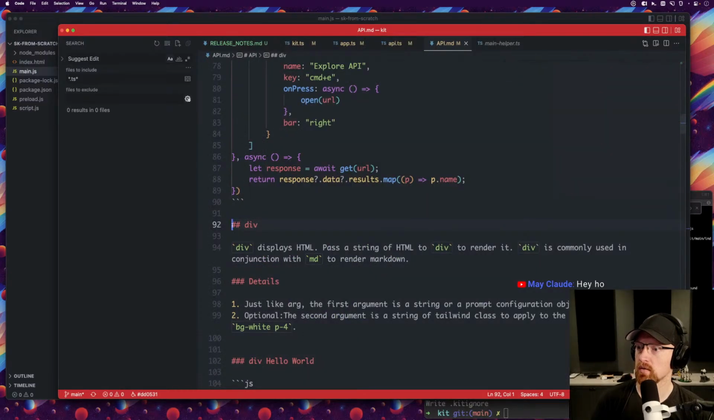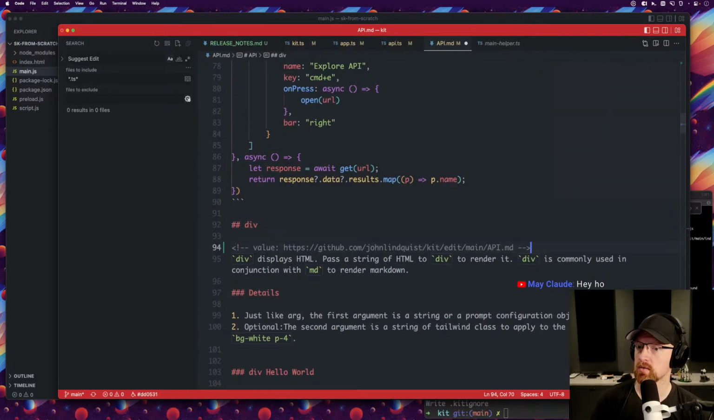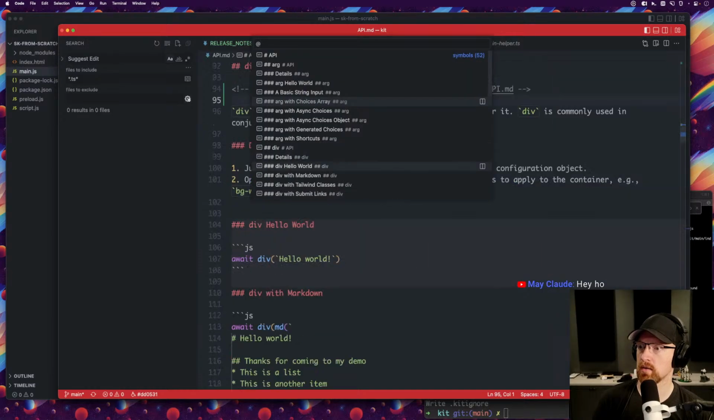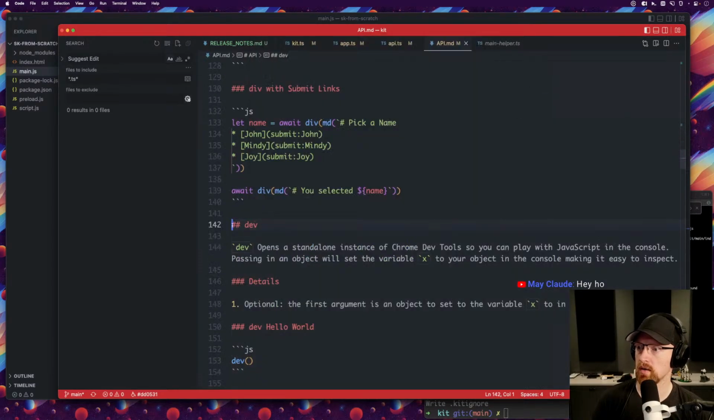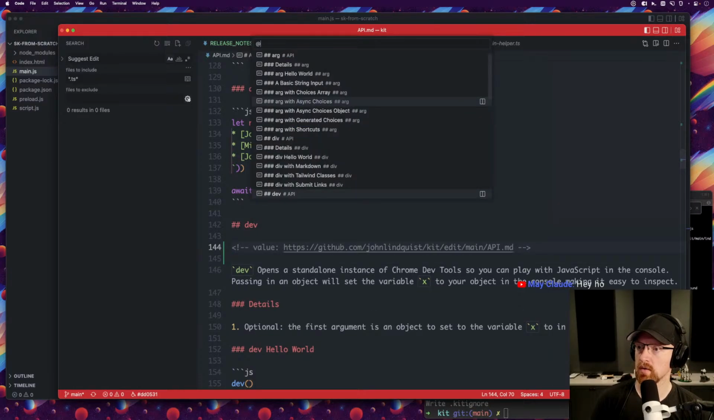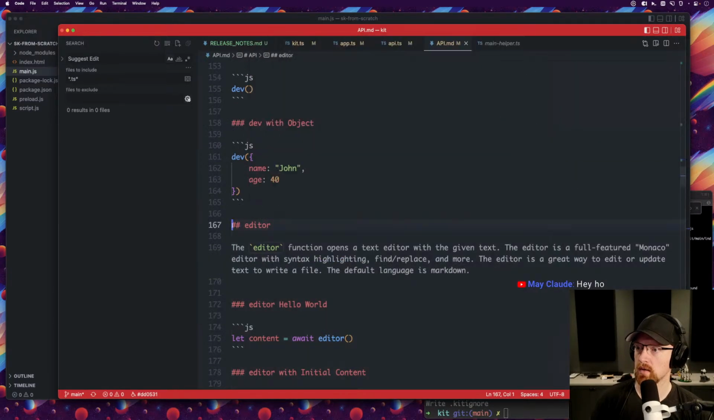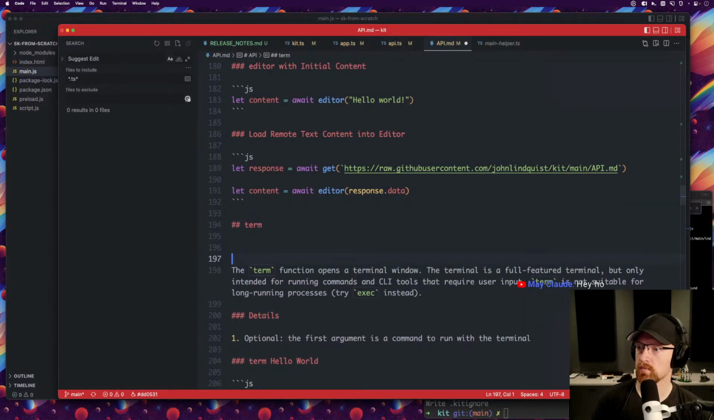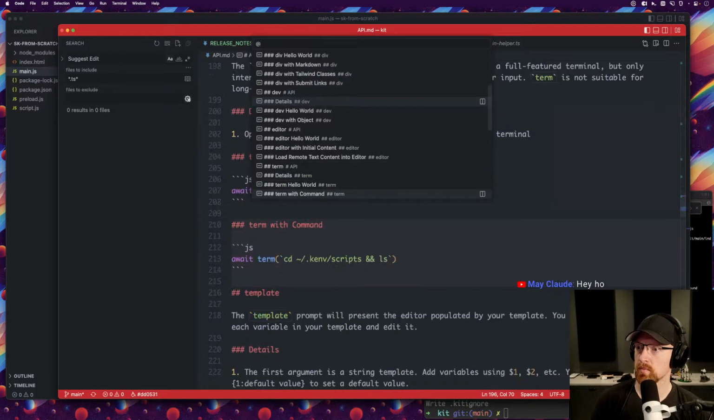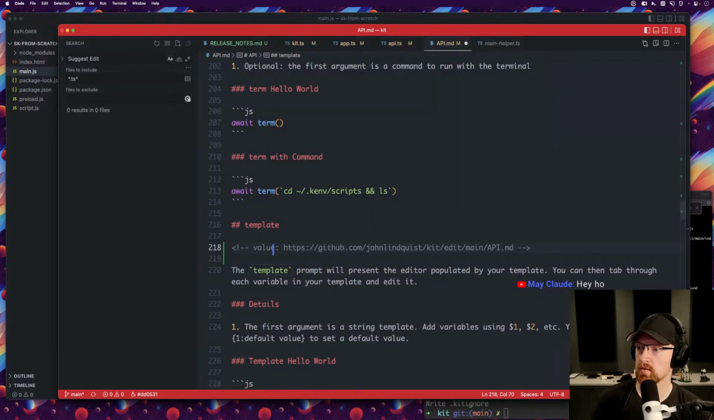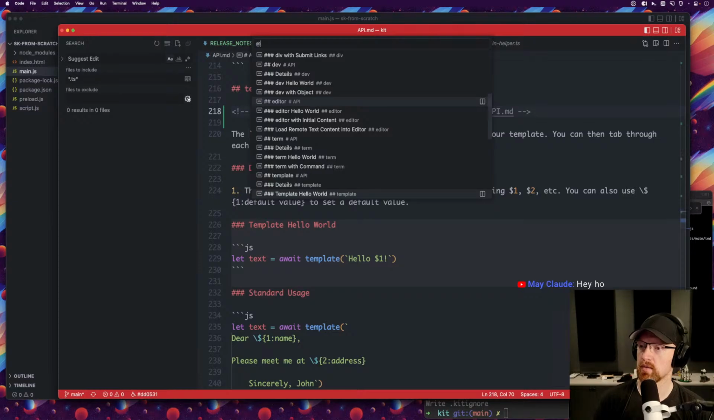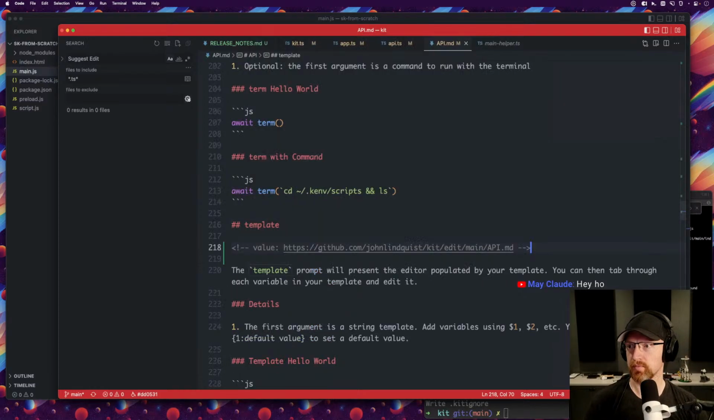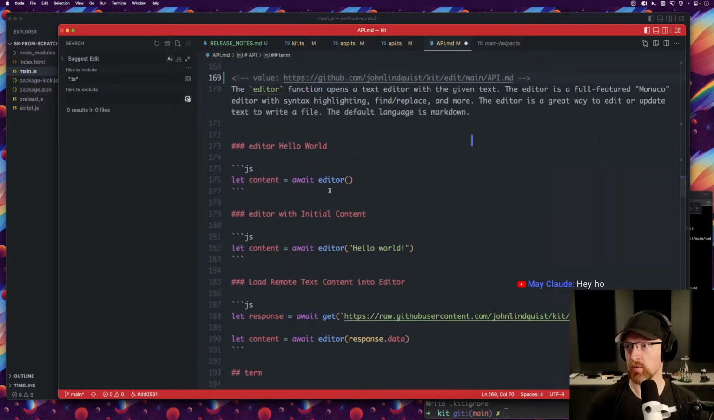Arg div paste. Then div dev. And dev editor. And editor term. And term template. Hey May, actually I'm gonna go back. I don't want to do that on